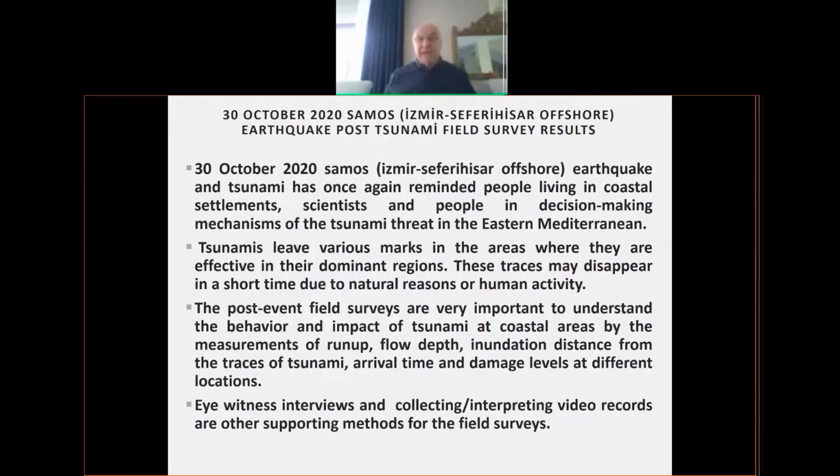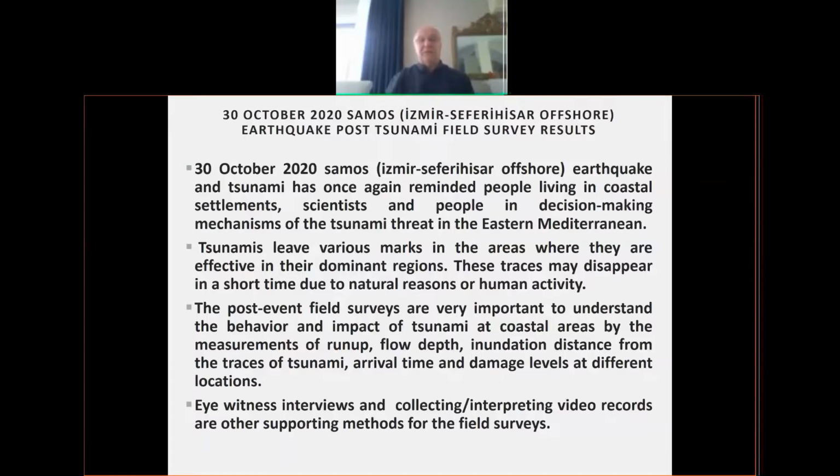It is very important to understand the behavior of the tsunami at the coastal areas, and we have to measure the run-up, flow depth, inundation distance, arrival time and damage levels at the site. Eyewitness reports, interviews, and interpreting video records are very important supporting methods to identify the other